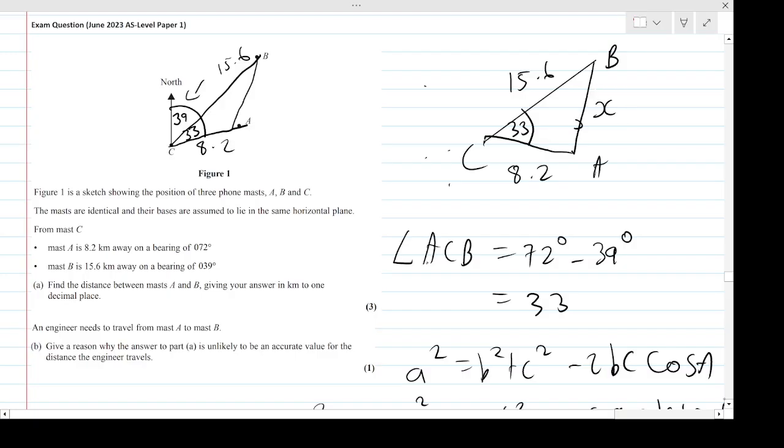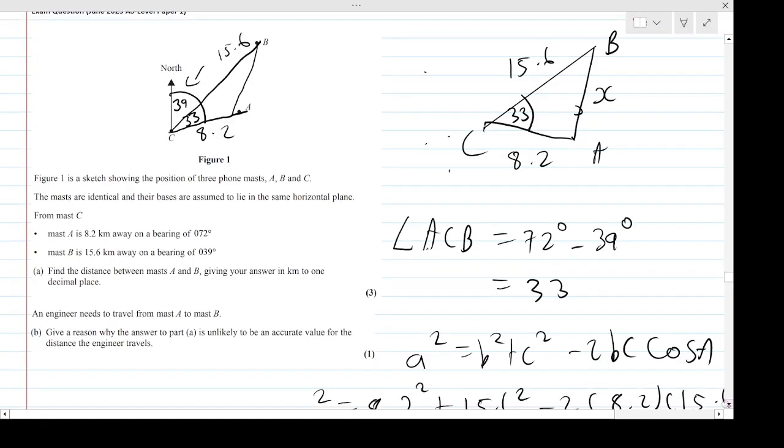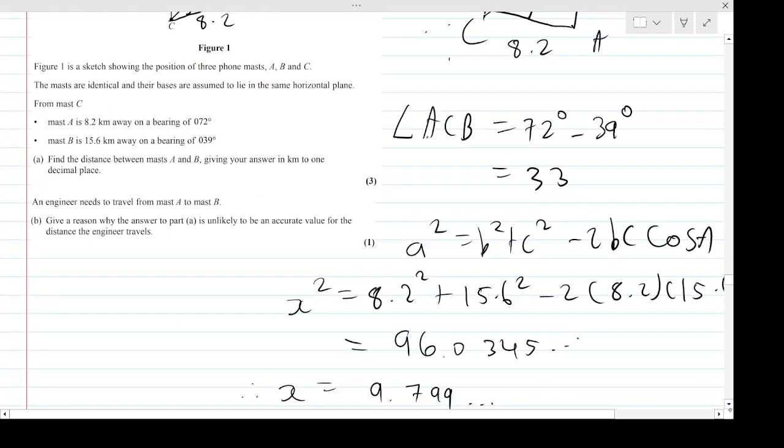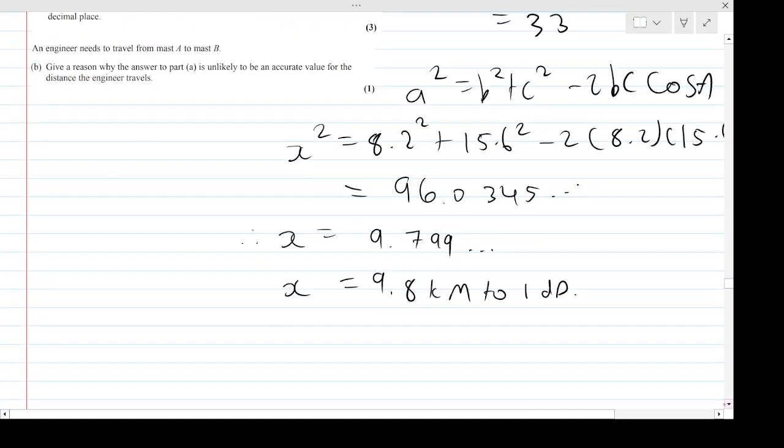Essentially, the roads might be curved, which would make it longer. The straight line distance is the shortest length, but the actual length would be greater because there'd be curved roads which will stretch further, because roads aren't perfectly straight. There might also be detours you need to take throughout the route, which will extend the journey distance. There are many things you can come up with along that line of thinking. So very simply, my answer in part A is unlikely to be accurate